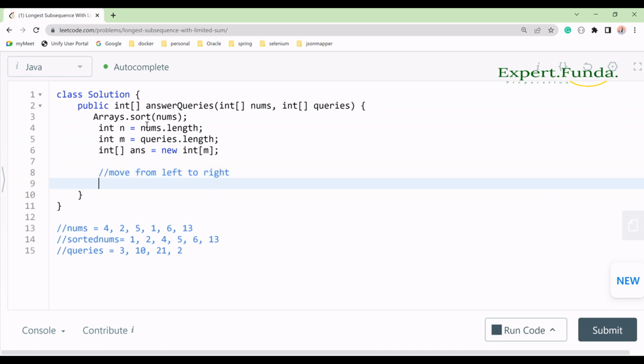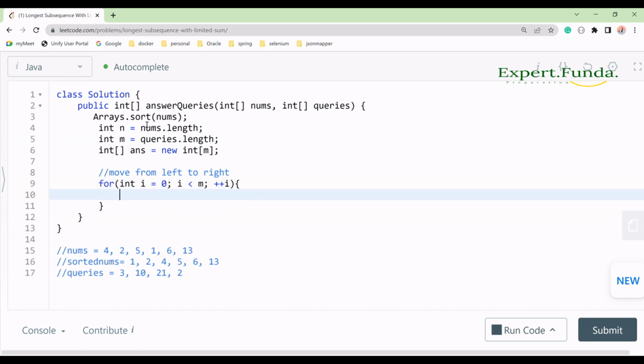We have to make a for loop, correct? Because for each query we have to collect some numbers, right? So we take int i equal to 0, and then i should be less than m, and then i plus plus. Correct. Then we will make int count